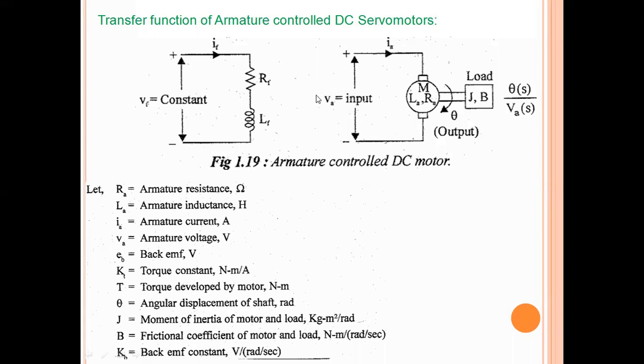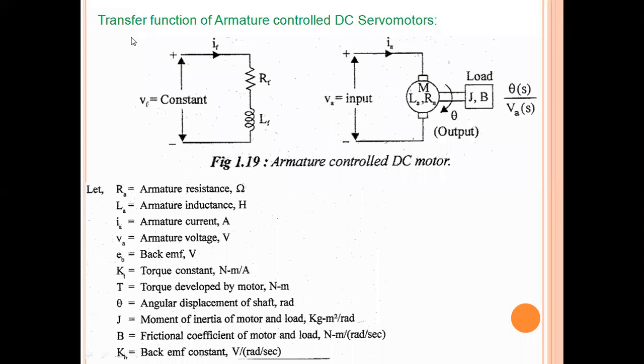And when we give the electrical supply to the DC motor, then it will rotate. So rotation will be our output, and we will see that rotation in terms of theta. Motor takes the electrical energy as the input, and gives the mechanical energy as the output. So mechanical energy is nothing but the rotation. Rotation can be determined in terms of speed, omega or n, specifically theta, which is angular displacement. Okay, so the output is theta and the input is electrical energy, which is armature voltage VA.